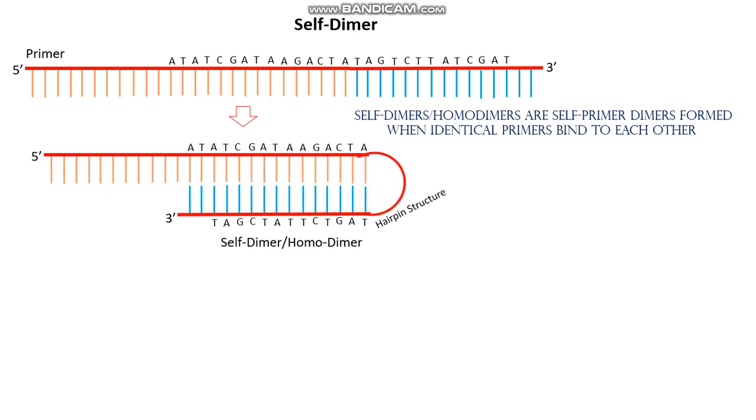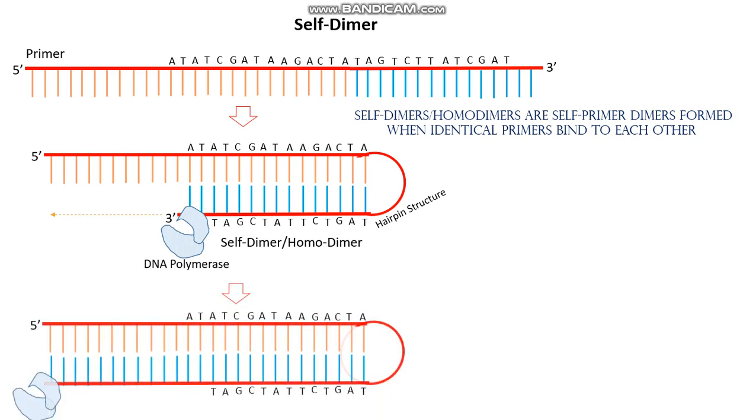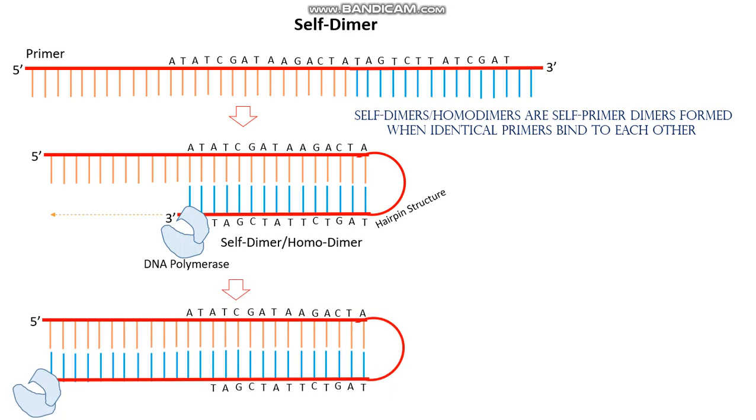This complementary part can make a hairpin structure, and the primer binds with itself when there is some kind of identical part, and then this binding can be extended or amplified by the DNA polymerase,